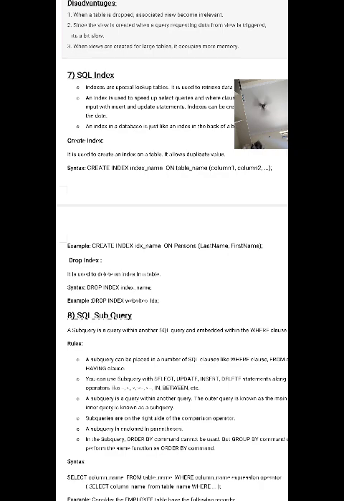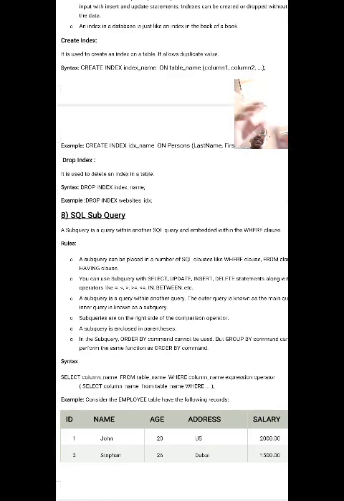You have written a query, and within that query you write another query. That concept is called a subquery. A subquery is within another SQL query and embedded within the WHERE clause. One query is having another query is called a subquery. There is no problem.